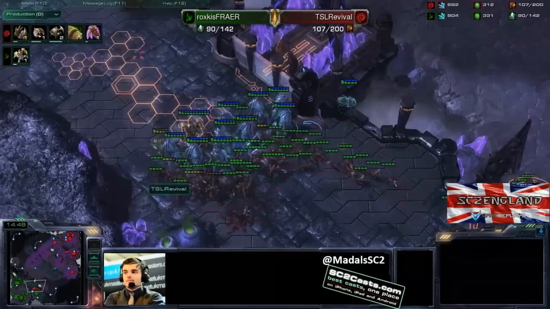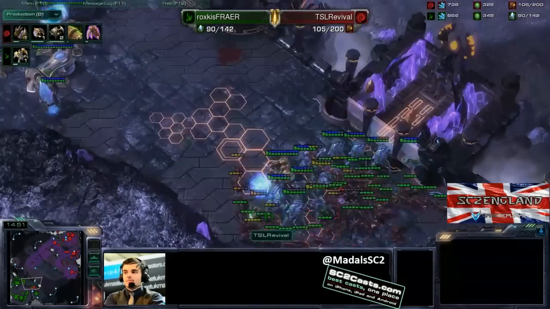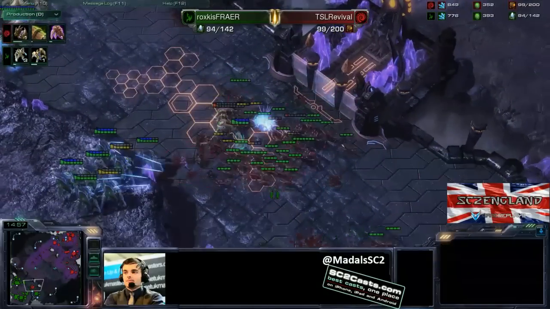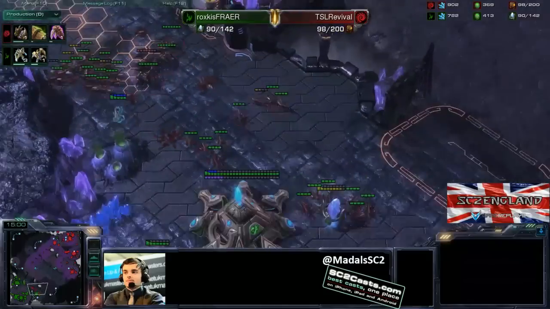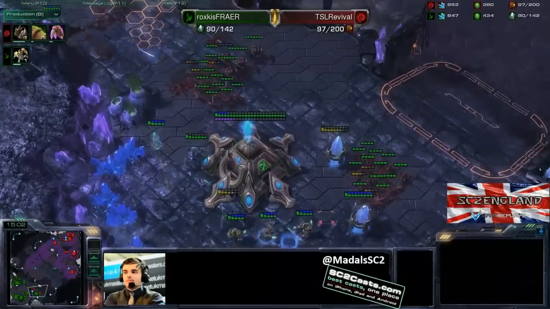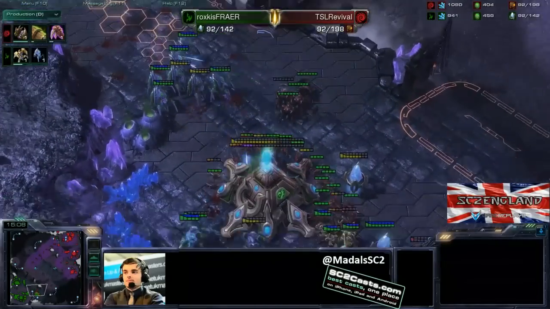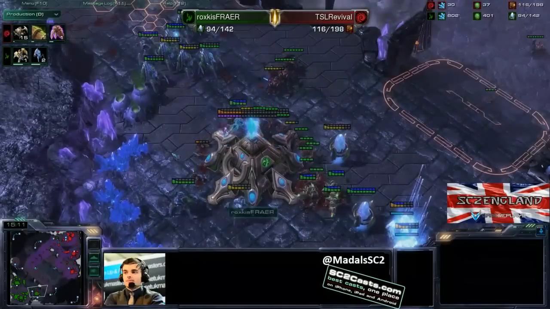If he doesn't, it would be incredible, but instead, going straight for this army, getting a nice surround, picking off the Immortal, which, as I said previously, is the only threat here. It does survive though, so you do need to kill that, but as you can see, Revival still streaming units, still producing his 2-1 upgrades, so basically if he gets this third base down, he's going to be in a